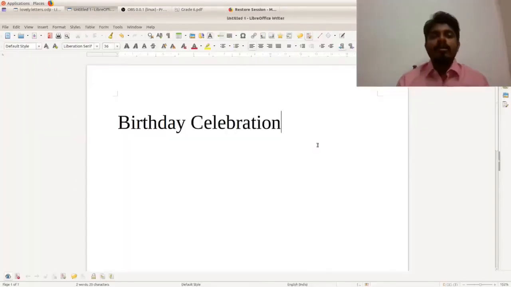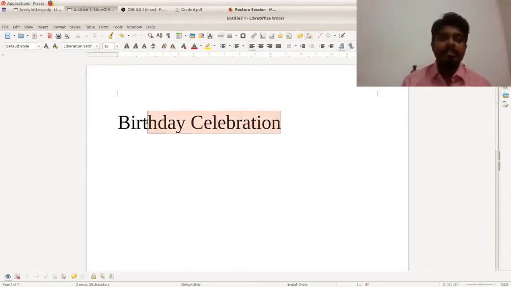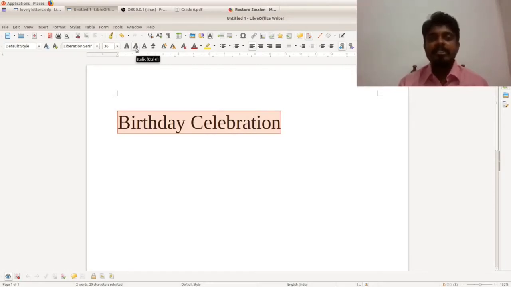For this, first you have to select the text. For selecting, click and drag like this. After that, you can see here, this is the italics tool.